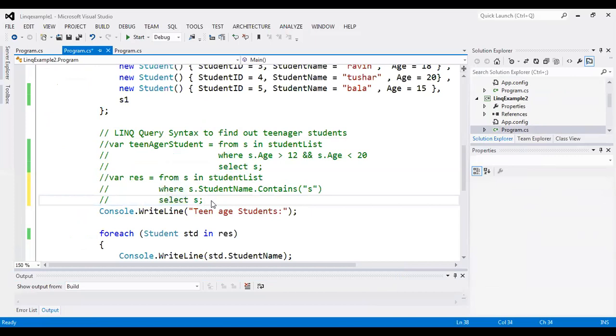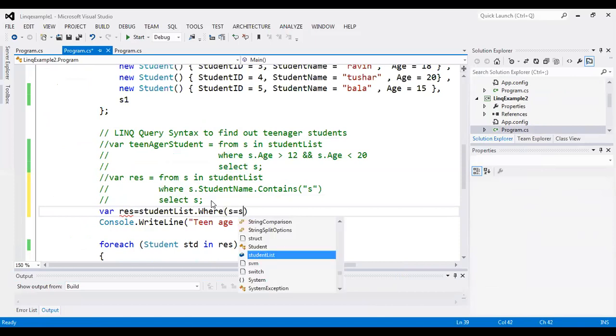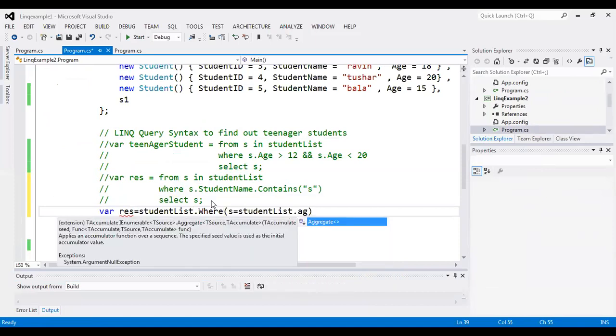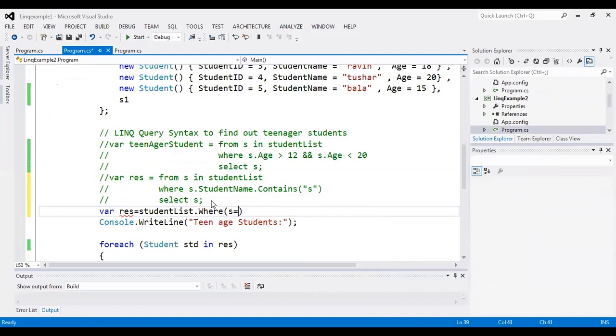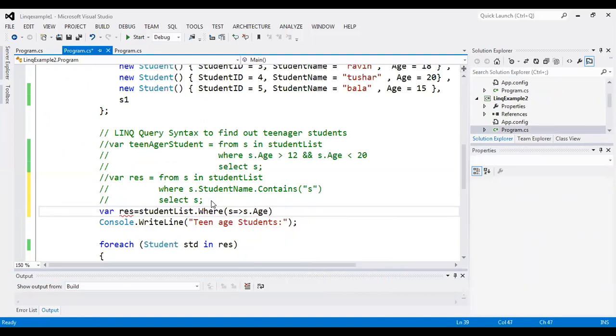Here you can simply write var result equals student list dot where, in bracket S goes to S dot age is greater than 12 and S dot age is less than 20. So only the teenager students' details will be retrieved.